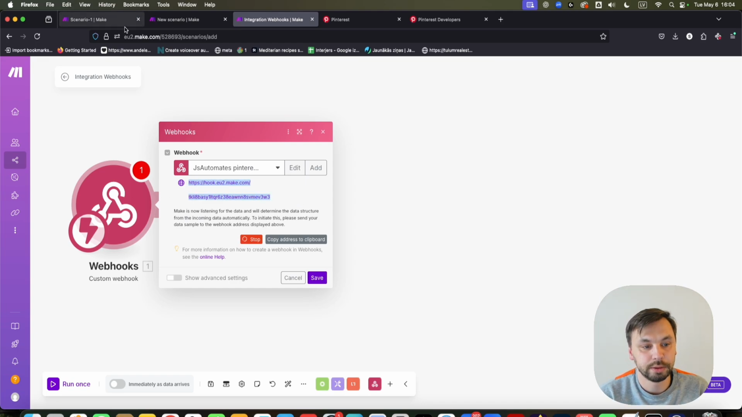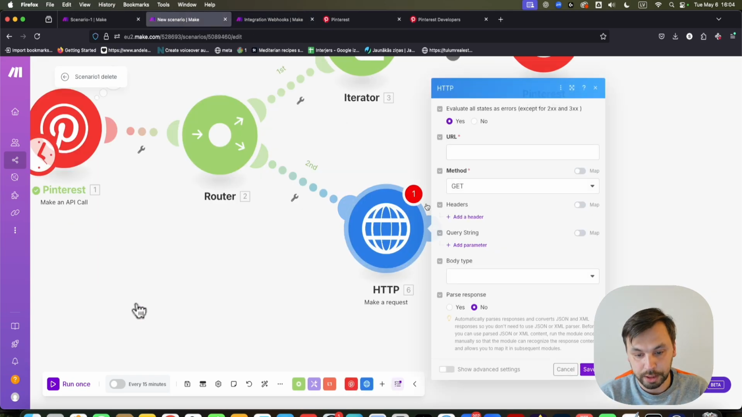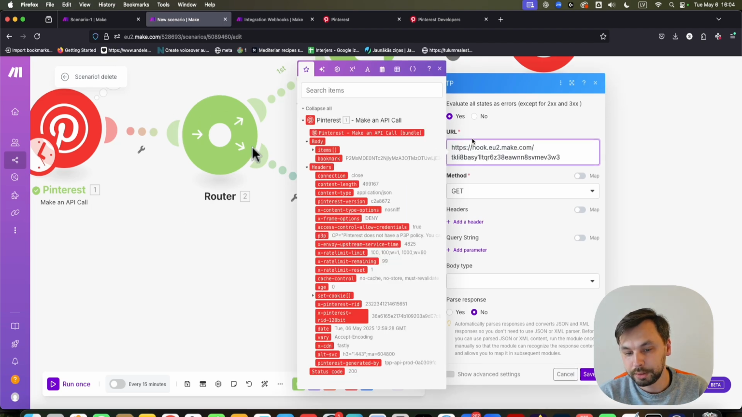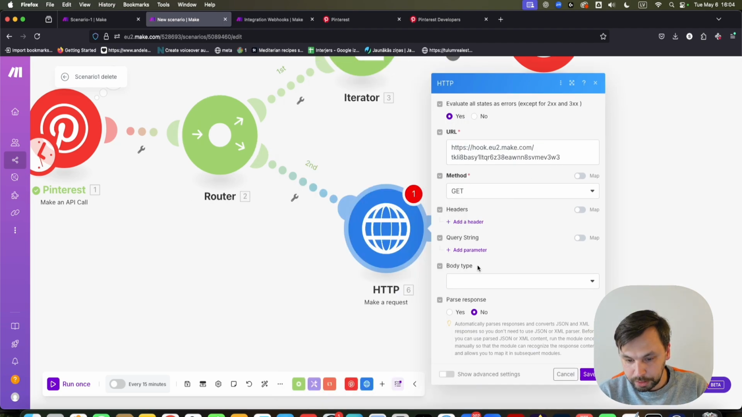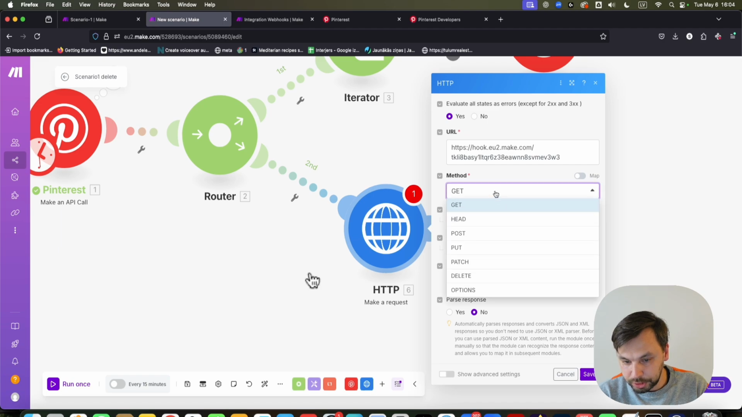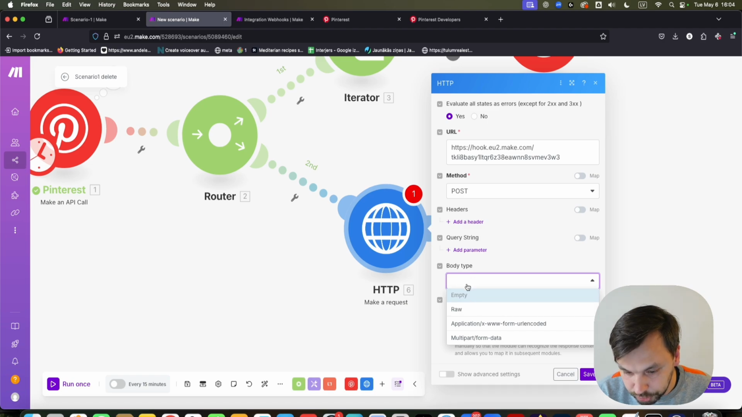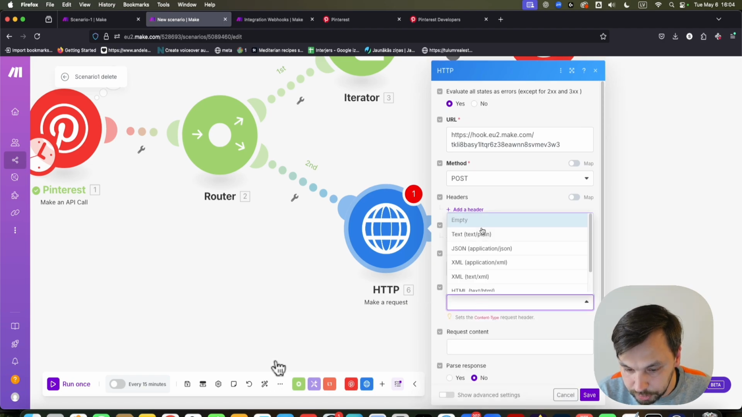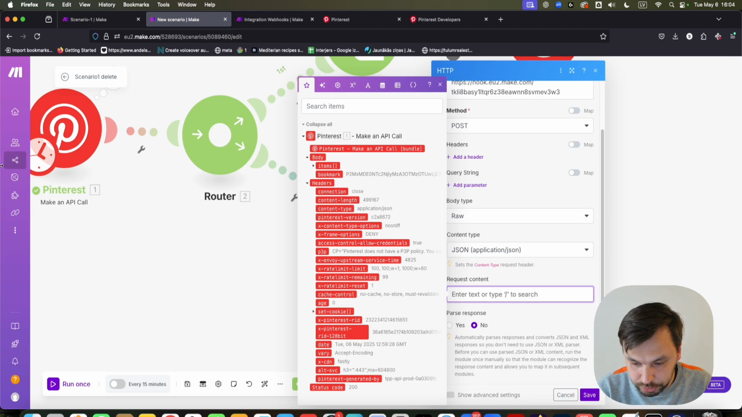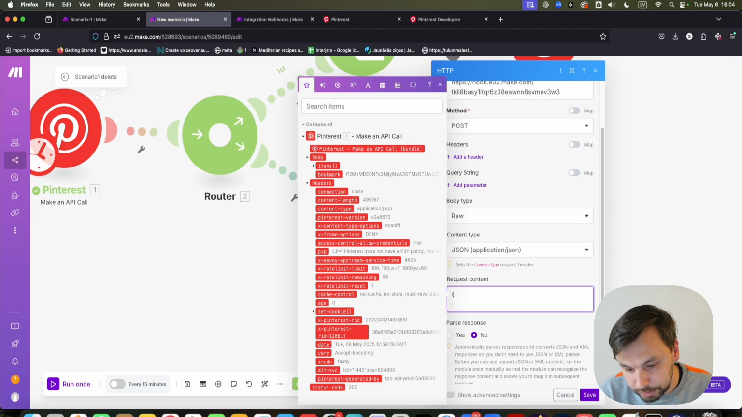We're gonna copy this URL, go back to our new scenario, and paste the URL here in the HTTP module. And we're gonna change the method to post because we are sending the bookmark value to this webhook. So we're gonna post, and we're gonna change the body type to raw, content type to JSON, and then we're just gonna type like this, bookmark,